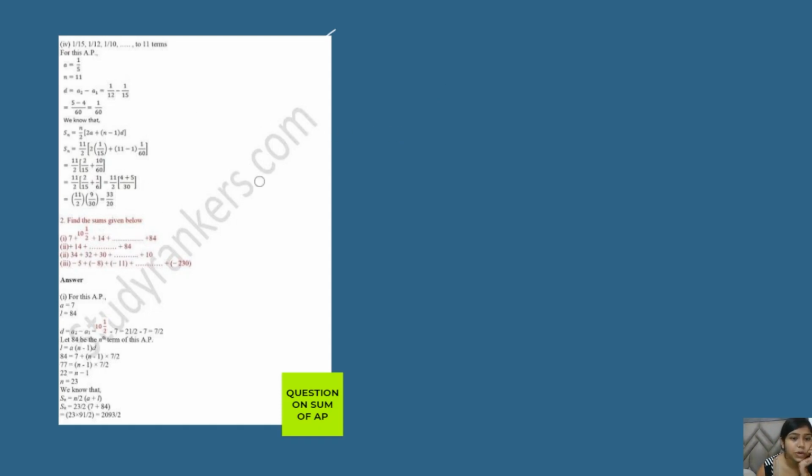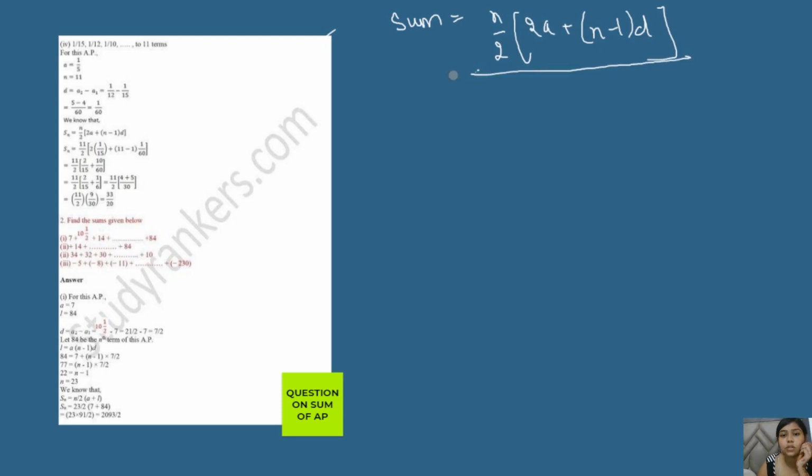So in this particular question, this is the question on the sum of the AP. So let me write the formula. N by 2. This is a long formula, that is why I am writing here. If you people have not learned yet, please learn these formulas. I will be giving the formulas at the end of the PDF, and whenever you get these PDFs, just note them down in your notebooks or get the printouts, and it will be very easy. Trust me, it will be very easy for you.